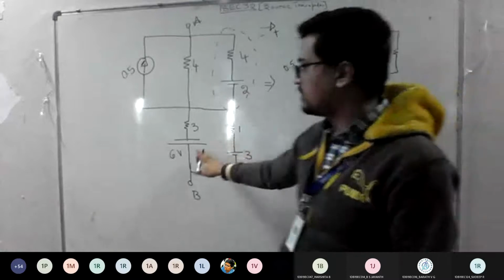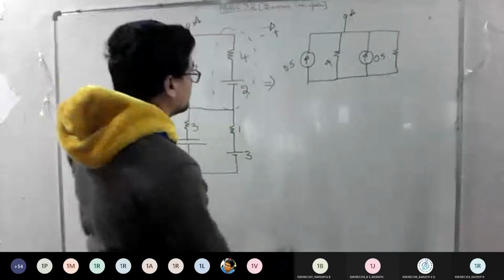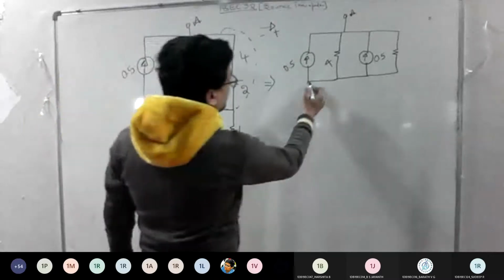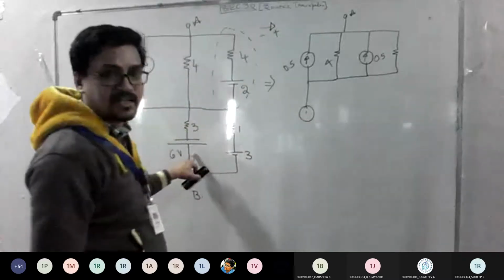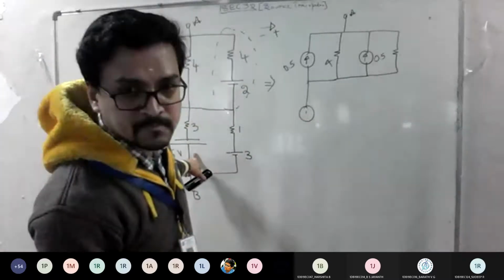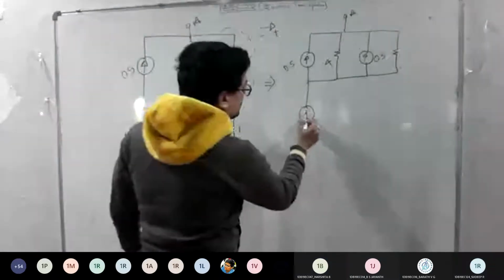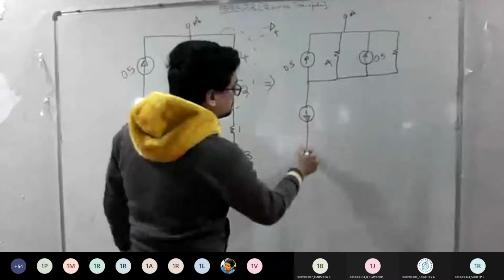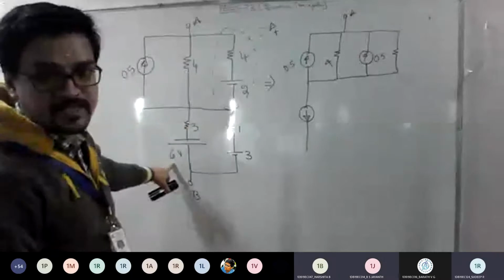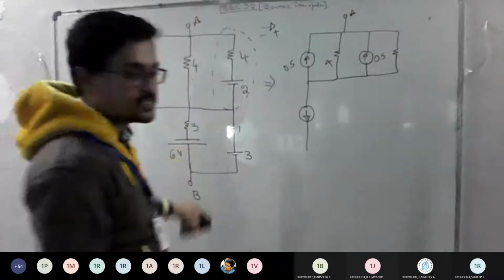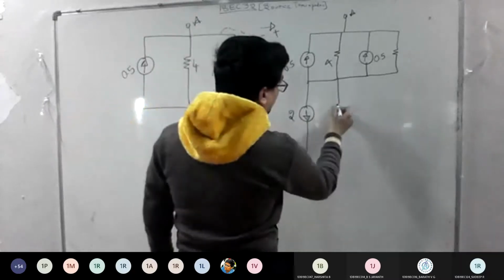Same way, you need to convert this also to a practical current source. Let me convert that here only. This part I can write here also. Here it is a parallel connection, no problem. And what about the direction of this current now, upward or downward? Downward, because positive is towards here, so the arrow mark should be downward. What is the value? 2 amps. I is equal to V by R, 6 by 3, which means 2 amps.